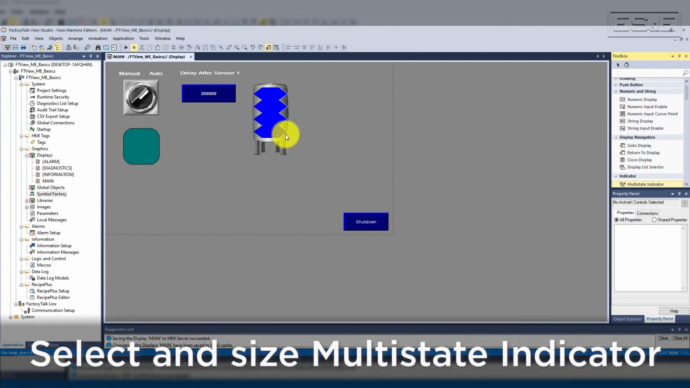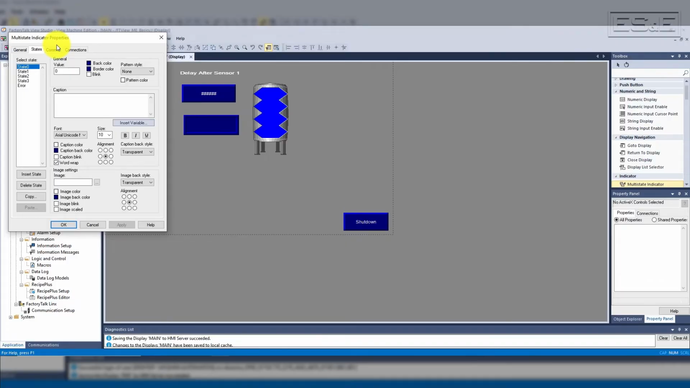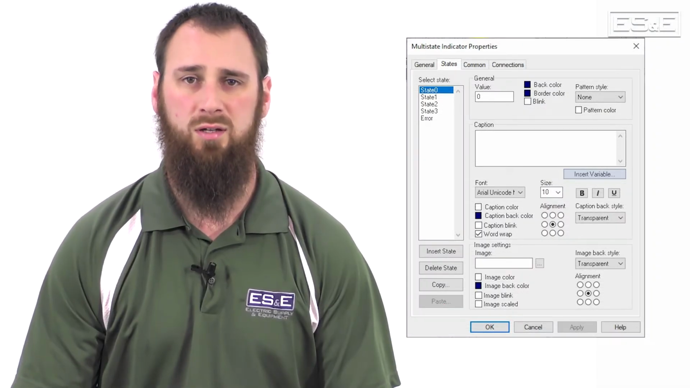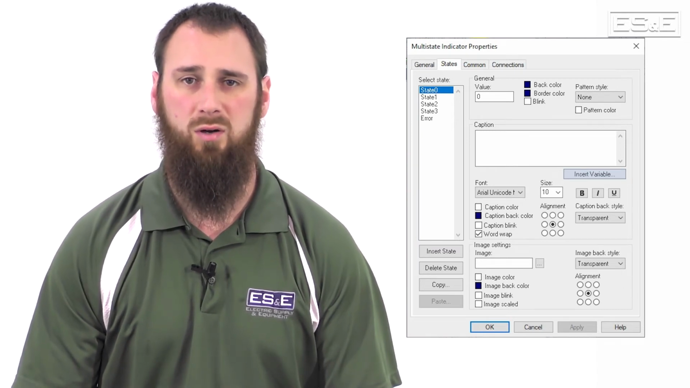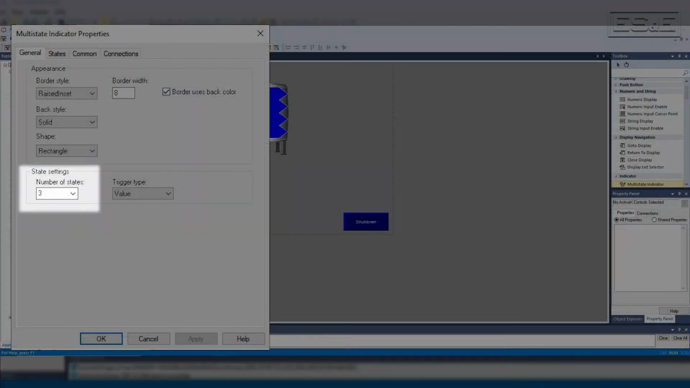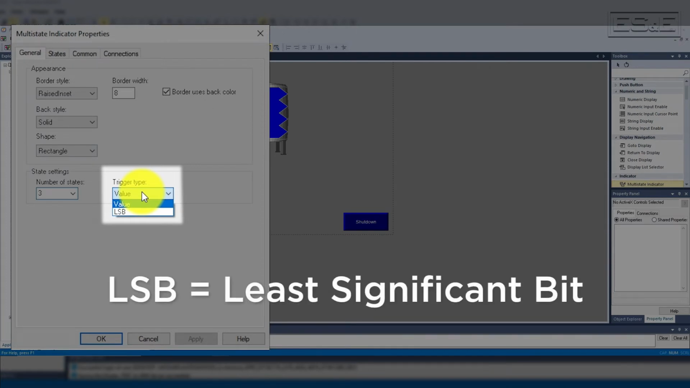Select the multi-state indicator object from the header and size it close to our numeric input object. Then it will launch the configuration window, where we will skip the appearance and go to the States tab. The maximum number of states that you can configure is 2,000. This was added to allow people to create their own alarm or information objects instead of using the pre-built screens. We will build a 3-state object for our tank state with a trigger type of value. Value is the most common setup for newer controllers, but LSB, or least significant bit, is the most popular with